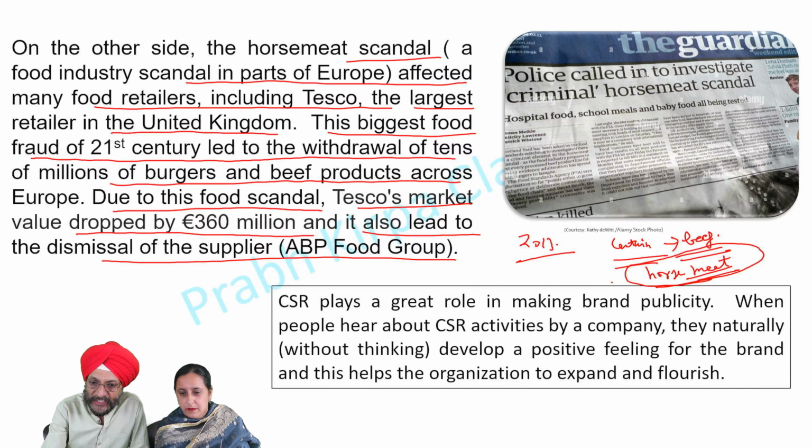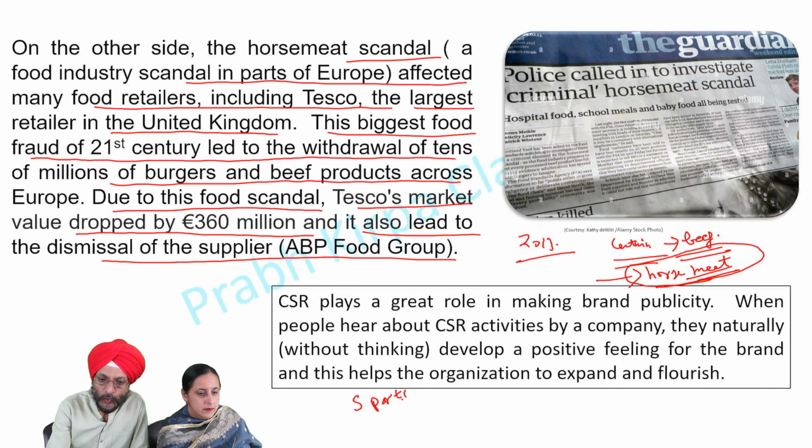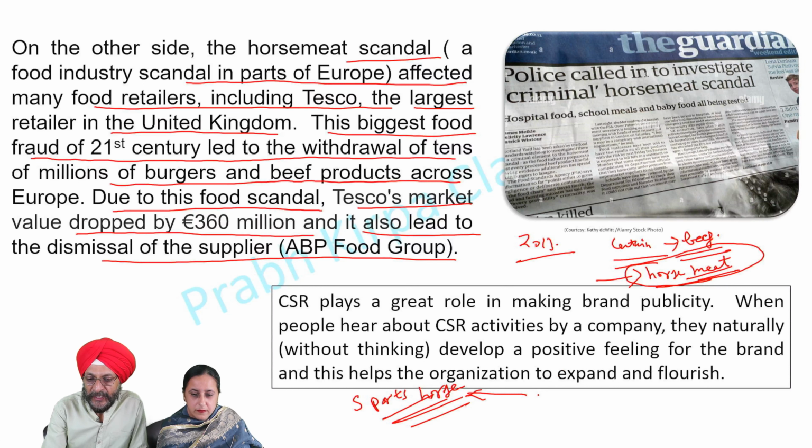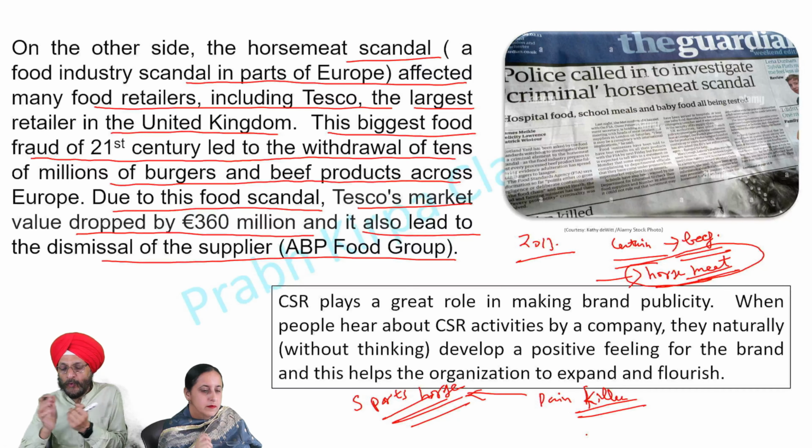The main problem was not with the horse meat, but with the harmful ingredients in the food products. For example, it was quite possible that old horse meat might have been supplied in place of beef. You may know that sports horses are treated with a painkiller which is known as phenylbutazone. But this is not beneficial and not to be used in food animals.